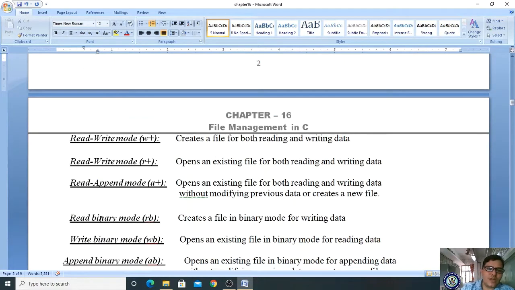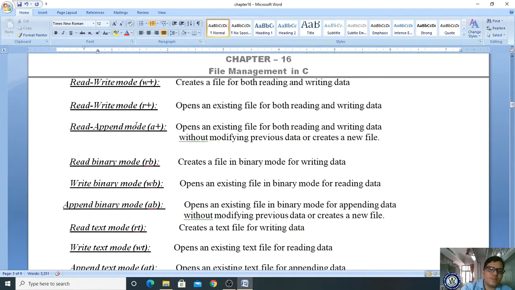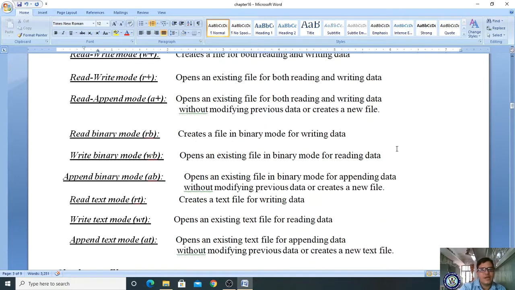Next one is read write mode. Write mode, that is W plus, creates a file for both reading and writing data. Read write mode R plus opens an existing file for reading and writing data. Read append mode A plus opens an existing file for reading and writing data without modifying previous data, or creates a new file. Read binary mode RB opens a file in binary mode for reading data. Write binary mode WB creates a file in binary mode for writing data.